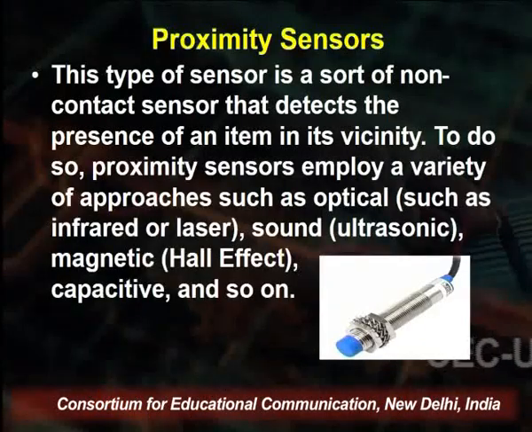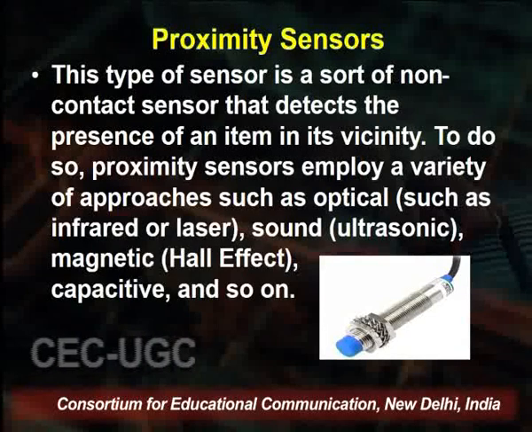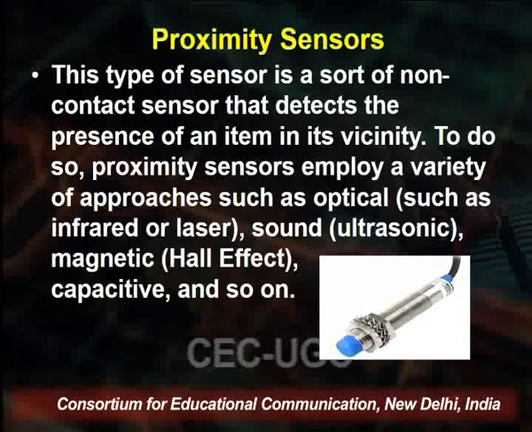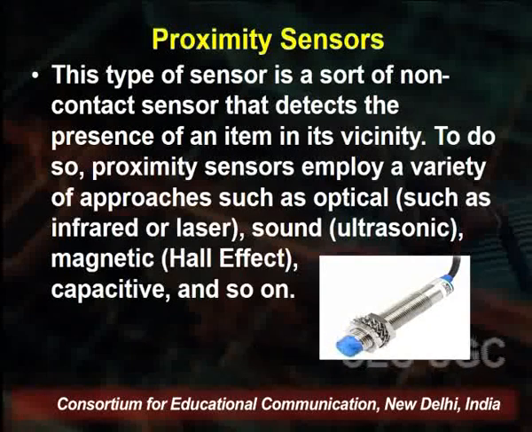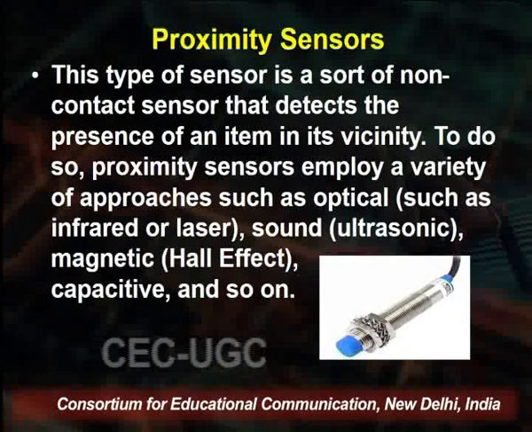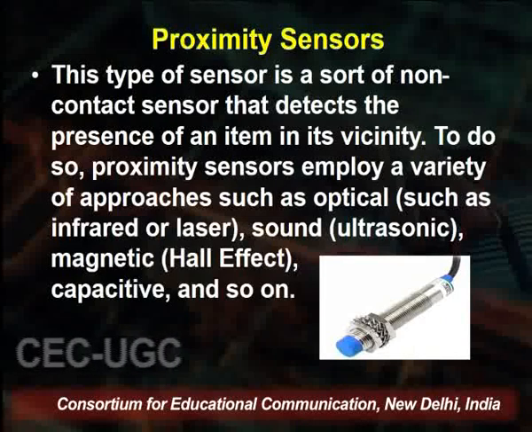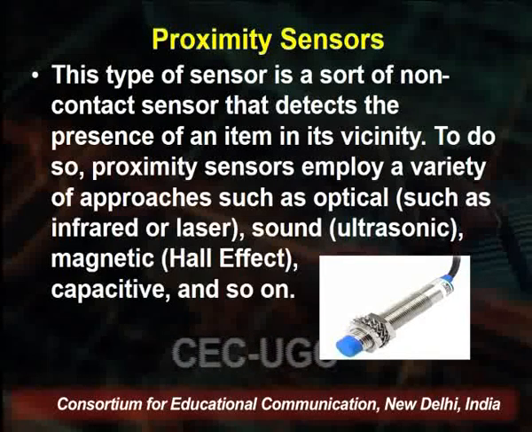Next sensor is the proximity sensor. This type of sensor is a sort of non-contact sensor that detects the presence of an item in its vicinity. A proximity sensor employs a variety of approaches such as optical, such as infrared or lasers, sound, magnetic Hall, capacitive and so on. So proximity sensors are used for detection of